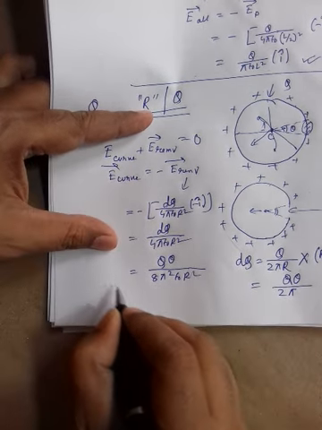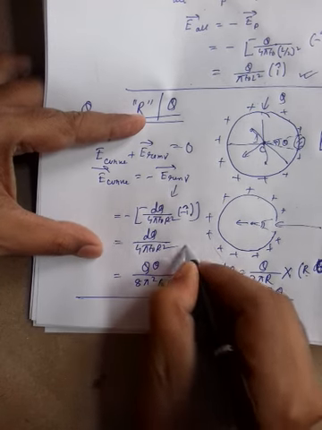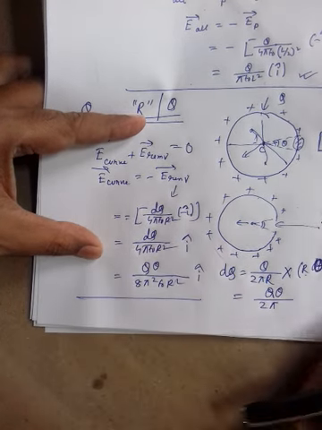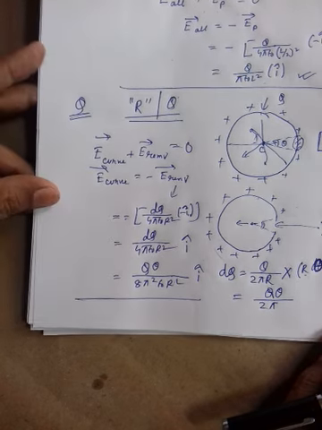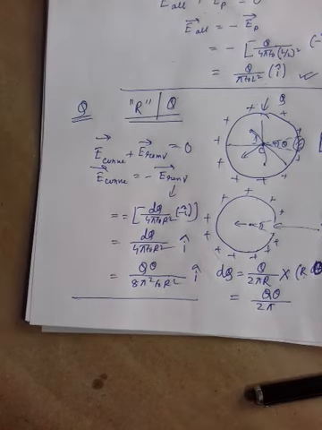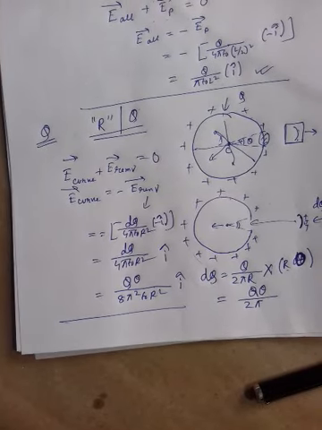So this is the field because of the carved portion, of course in the i cap direction, because the minus here and minus here cancel. Clear? So many such questions are possible, it is all about using common sense. I hope the idea is clear. Okay, today is over. I'll be coming with a new class after some time.